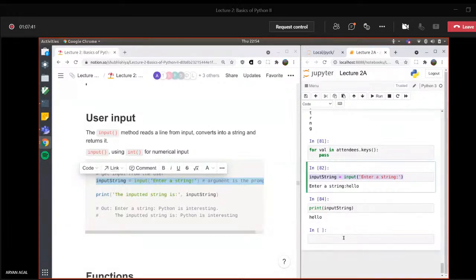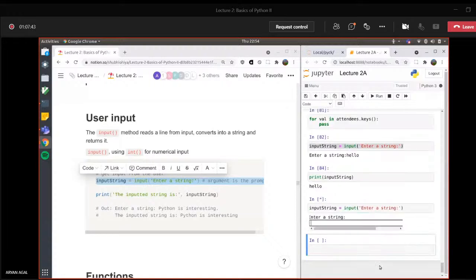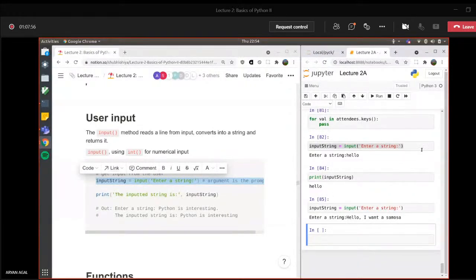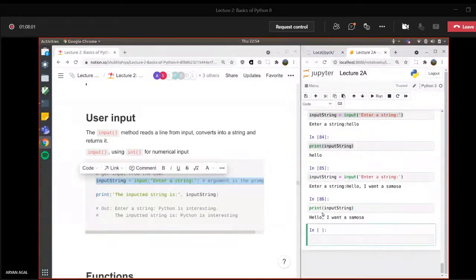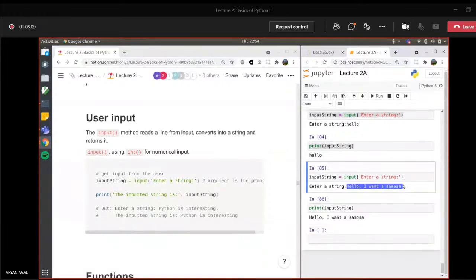Now obviously in Jupyter you can just type whatever you want here. You can press space, right? So let's say hello, I want a samosa, right? Print it. Hello, I want a samosa, right? So it's just plain simple input. If you want to do something special using input from the user, you can do it using this, right? And if you want to do some numbers,